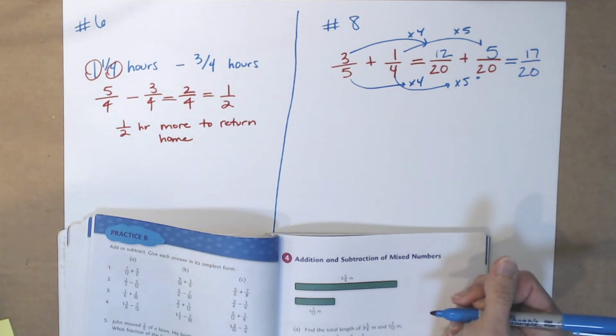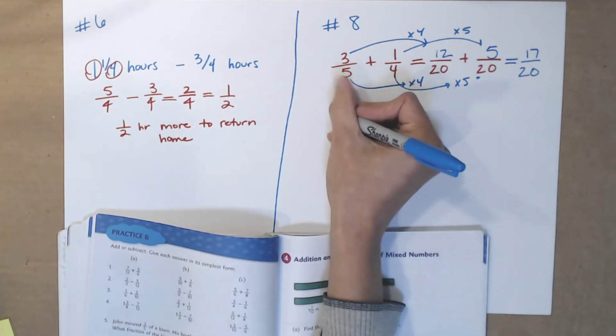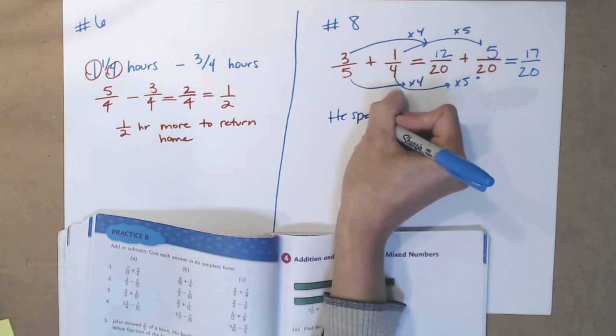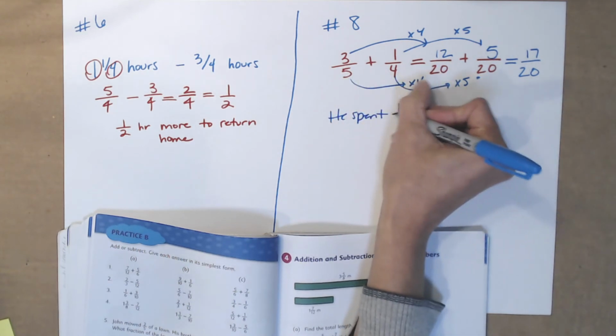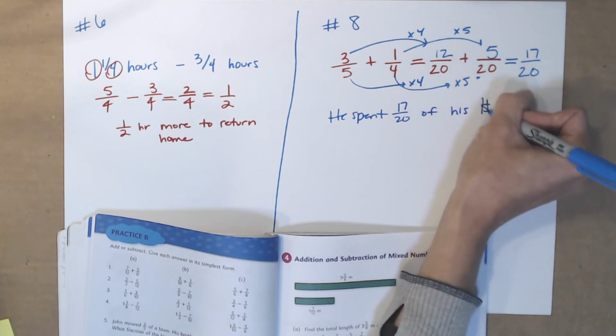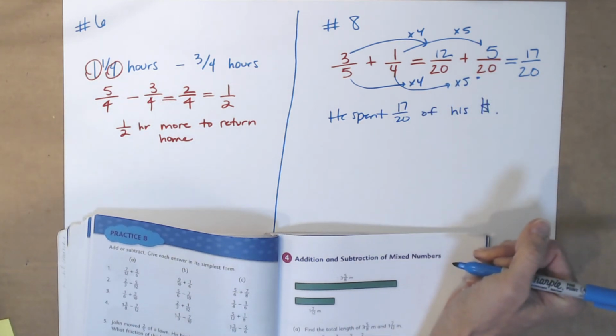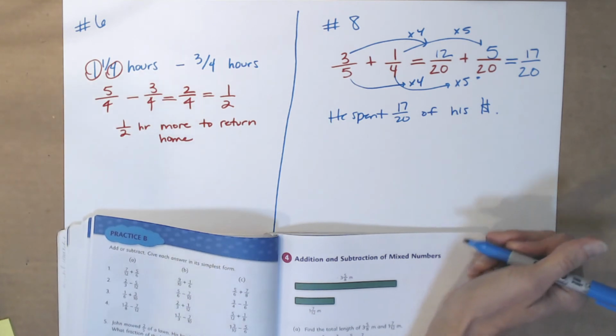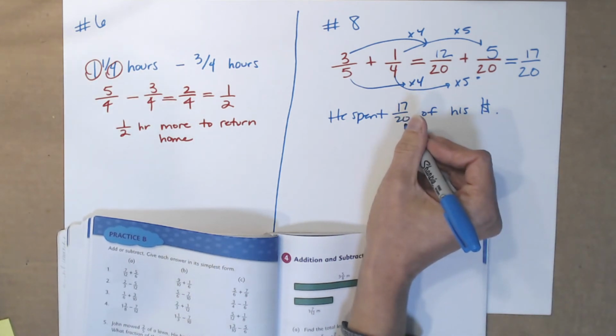So what fraction of the money did he spend? So he spent 17/20 of his money. Then the second part of the question says, what fraction of his money did he have left? So if he spent 17/20,